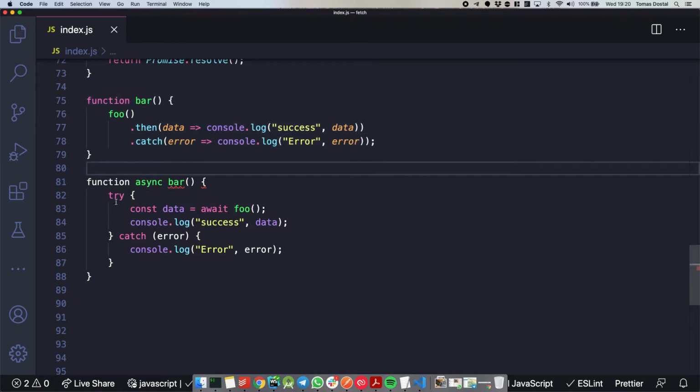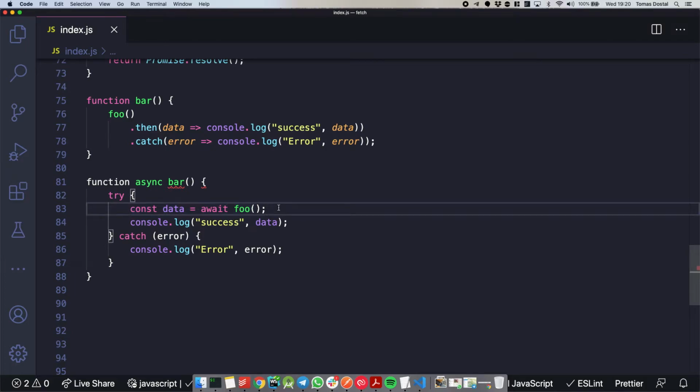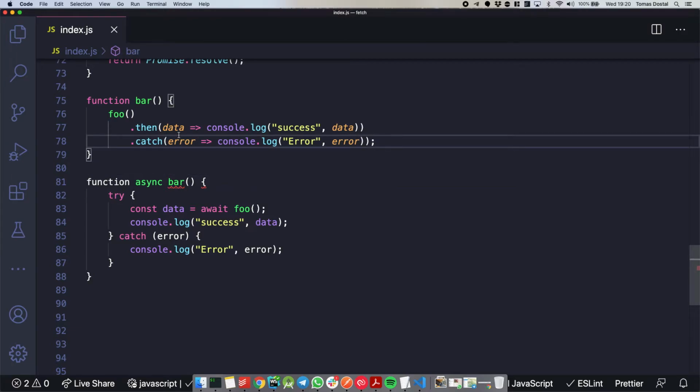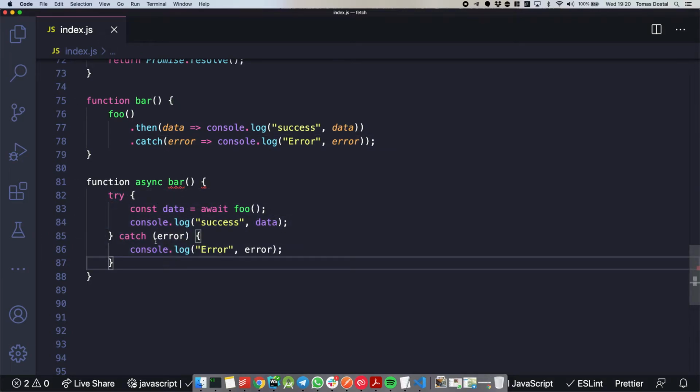Yeah, so the advantage of async await is that you can write asynchronous code synchronously, basically line by line. You don't have to have all this .then, and then you could have more structure inside of this, and it would keep going in a tree. While in here you can write it synchronously.